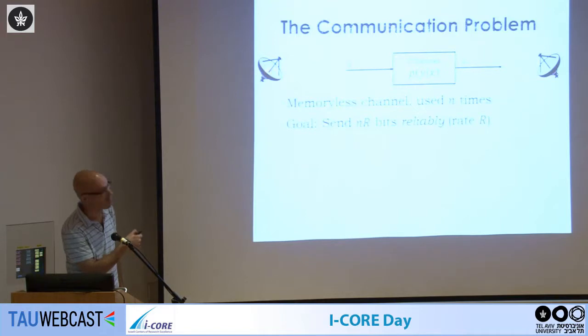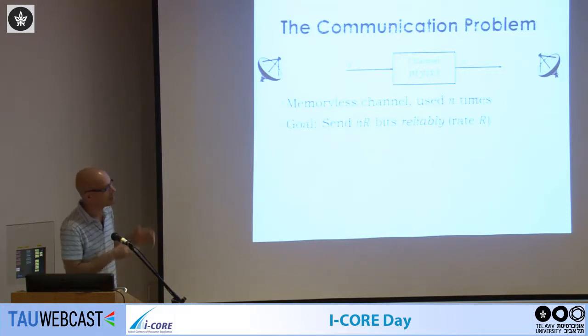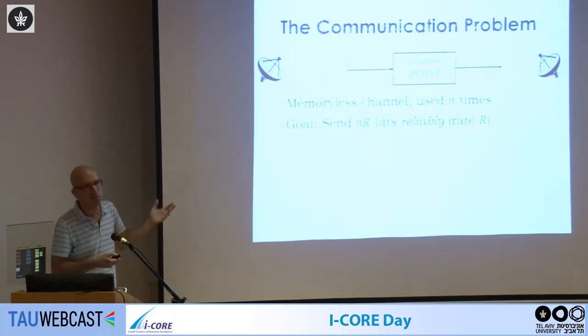There is a transmitter here and a receiver on the other end, and they try to communicate through a noisy channel. The channel is characterized by a conditional distribution, P of y given x. So y is the output of the channel, and x is the input. Given that you put x into the channel, you see the distribution P of y given x at the output. In the simplest setup, we're assuming that this channel is memoryless. That means that whenever the transmitter uses the channel at different time instances, these instances are independent. And let's assume that the transmitter can use the channel n times, n independent times.